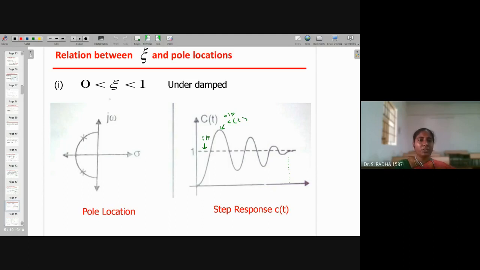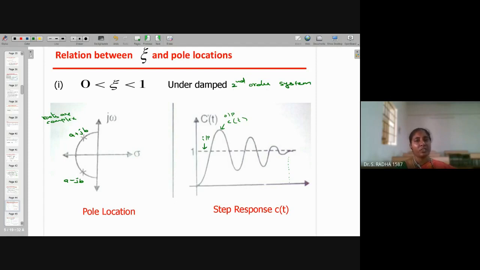Now, coming to 0 to 1. 0 to 1 means it is complex roots. 0 to 1, we know that the roots are complex roots. Okay. So a plus jb, if this is a plus jb, the other root is a minus jb. So here roots are complex. And the name of the system is underdamped second order system. We are having these 4 classifications in second order system.